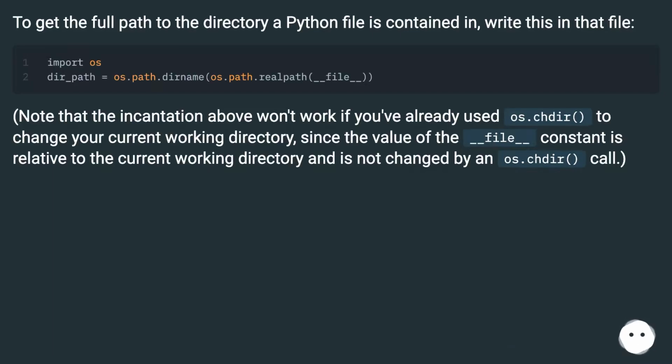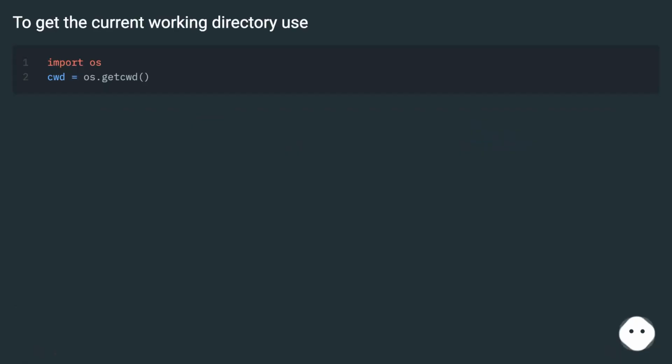Note that the incantation above won't work if you've already used os.chdir to change your current working directory, since the value of the __file__ constant is relative to the current working directory and is not changed by an os.chdir call. To get the current working directory use: